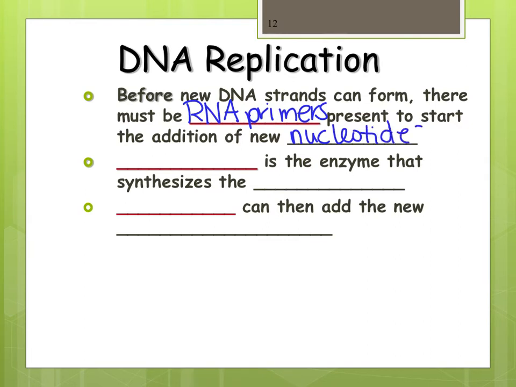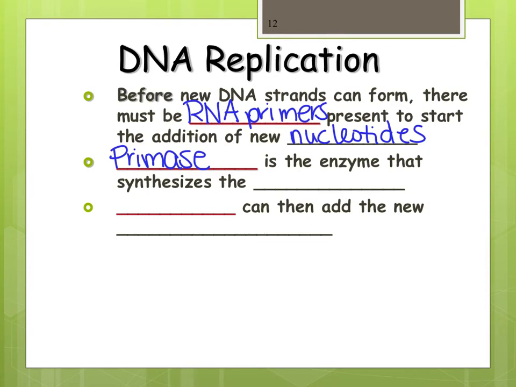And of course, if we're going to lay down RNA primers, we need to have an enzyme that does it. So remember, if it's an enzyme, generally it ends in ase, and the name tells us what it does. So this one here is named primase. Primase means it lays down the primers. It's not first because we had helicase unwinding it. We had those single-stranded binding proteins keeping them apart. We had the topoisomerase relieving the stress. Helicase, single-stranded binding proteins, topoisomerase.